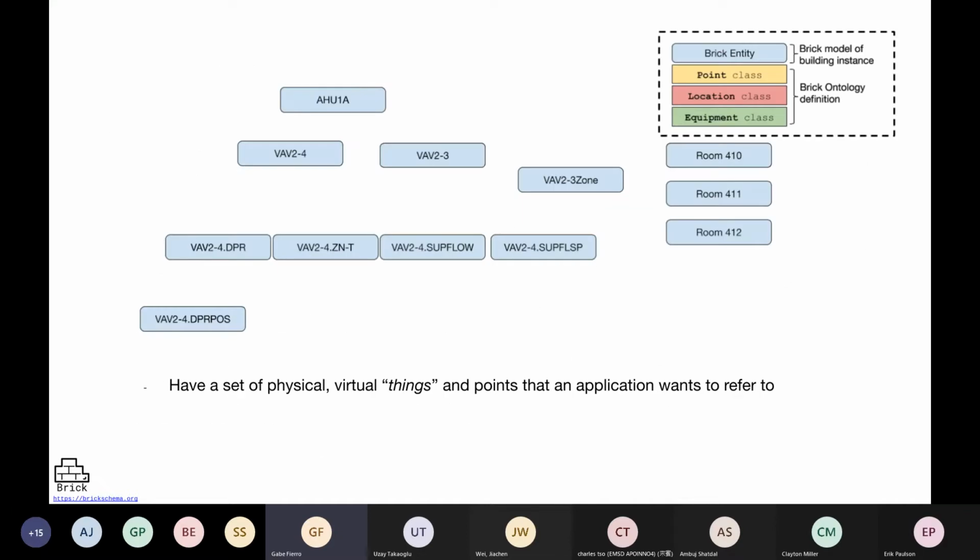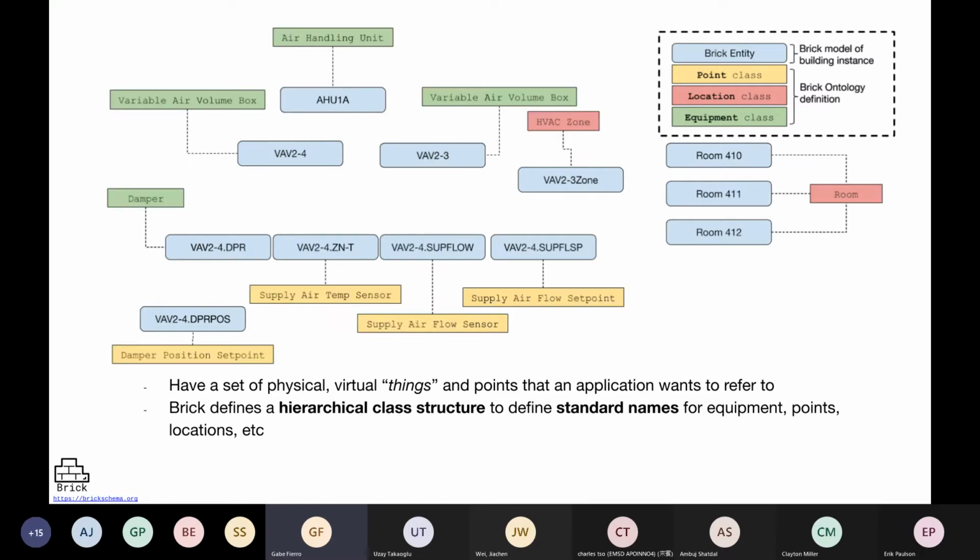And to show what this looks like inside a simple classic Brick example building, you have nodes in your graph that represent the actual things that are there, the entities. The types of each of these entities are indicated by the association with a Brick class. So we're not relying upon the label, the name of the entities, to tell us what these things are.